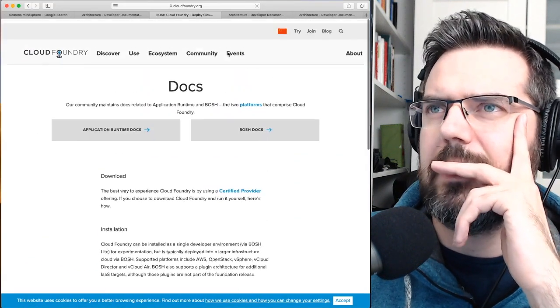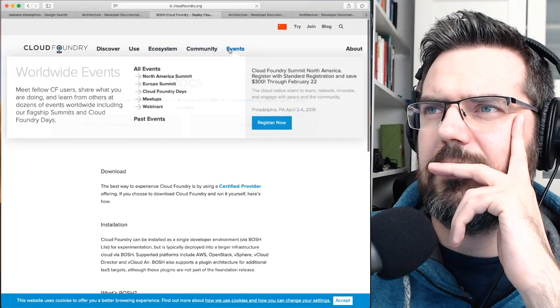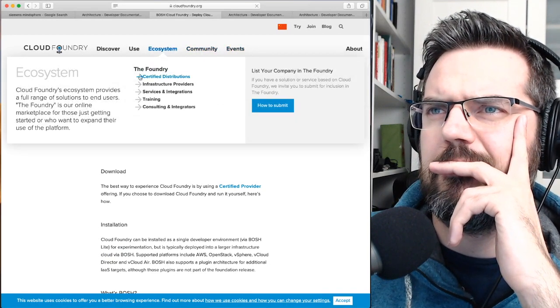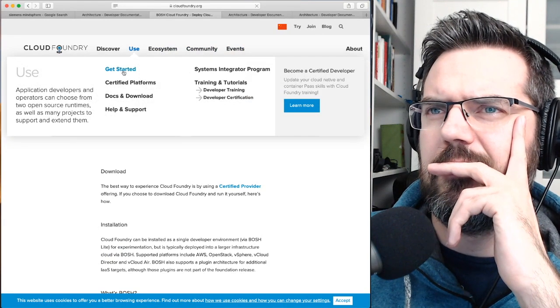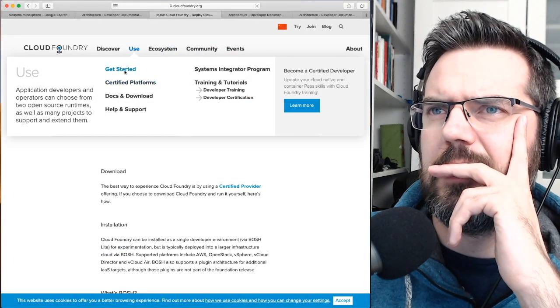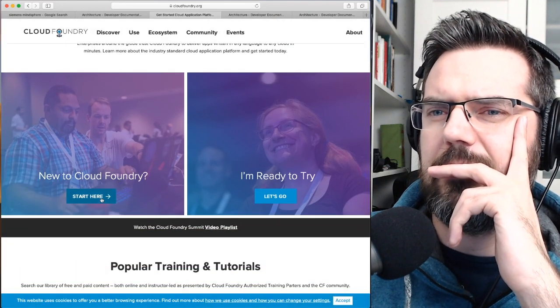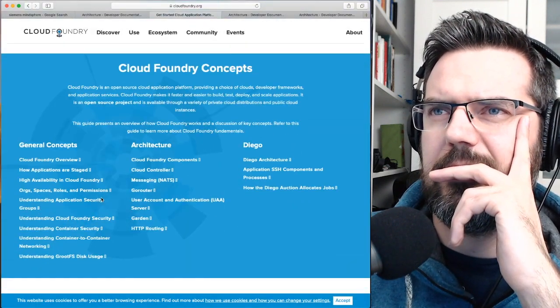So it looks to me that they just used Cloud Foundry. System, ecosystem, new to Cloud Foundry. Yeah, start here.